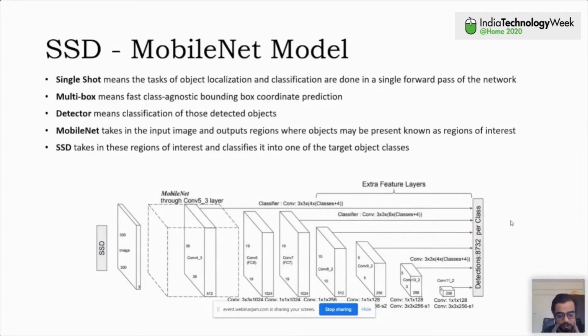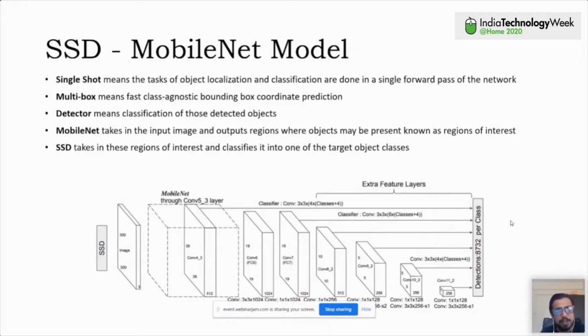So given the image, it also draws a bounding box where it has to predict the X and Y values, right? And detector, as the name itself says, this is a classification. So all those regions are then classified into the objects we have trained for or are looking for. And to give an overall high level picture, you can see we take an input image, say 300 cross 300